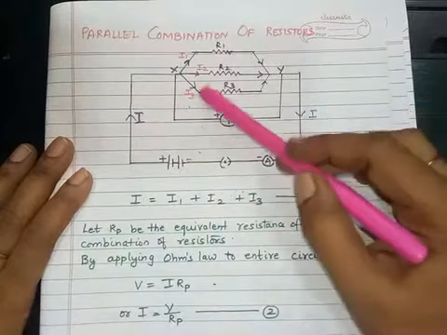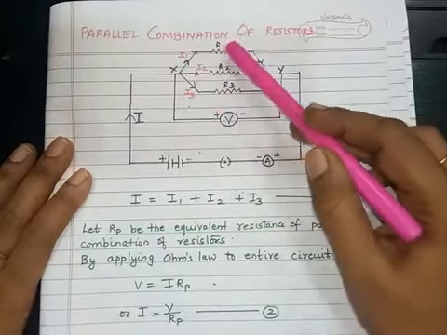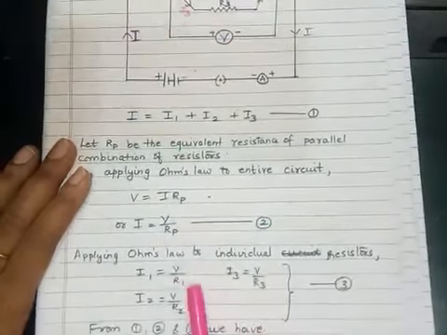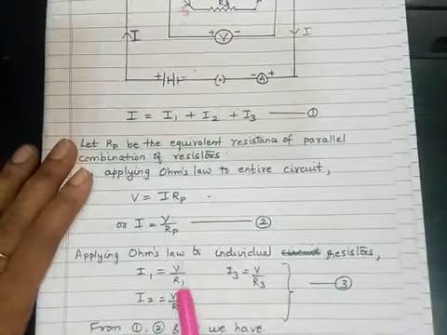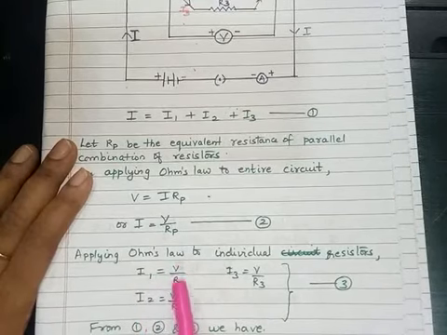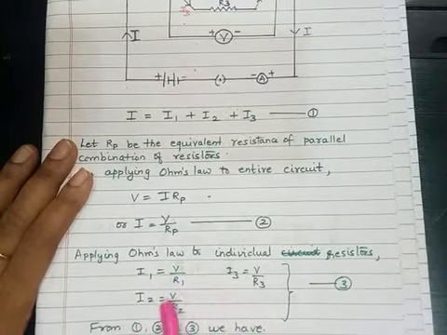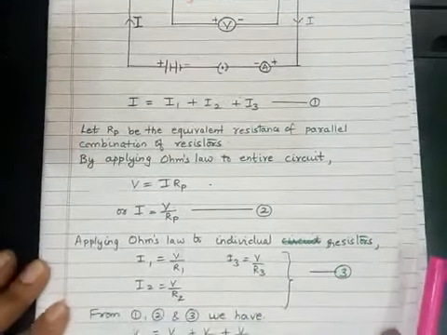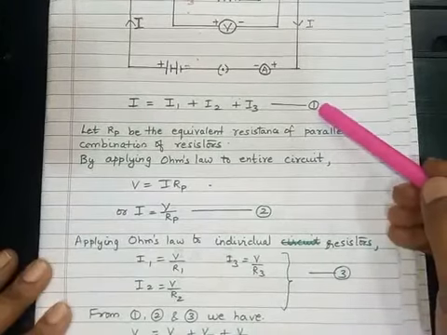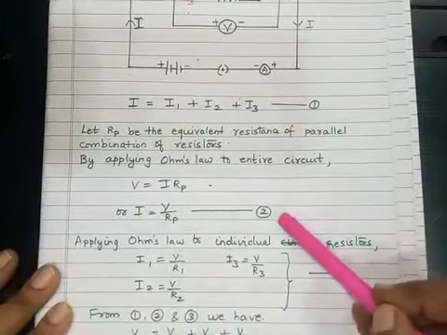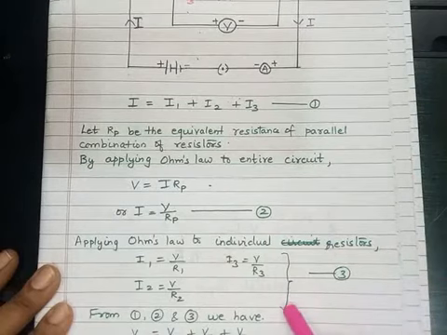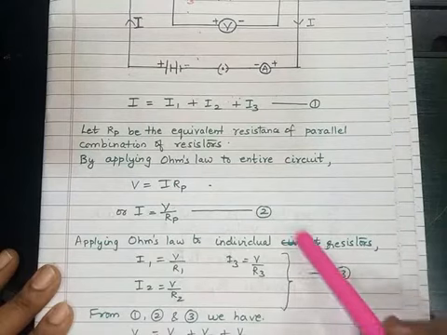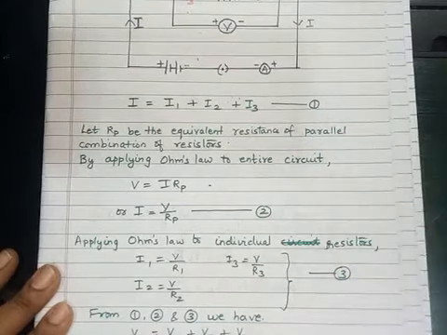So now when you apply Ohm's law to the individual resistors R1, R2 and R3, we can get V is equal to I1 R1, or you can write it as I1 is equal to V upon R1, I2 is equal to V upon R2 and I3 is equal to V upon R3. So here we have three mathematical expressions. This is the total current, this is applying Ohm's law to the entire circuit, and this is applying Ohm's law to the individual resistors. So now applying the values of 2 and 3 in 1, we get an equation like